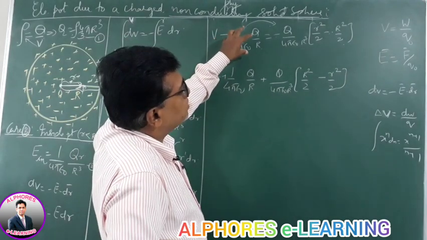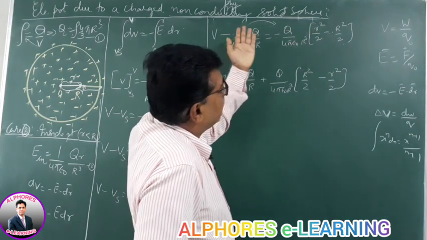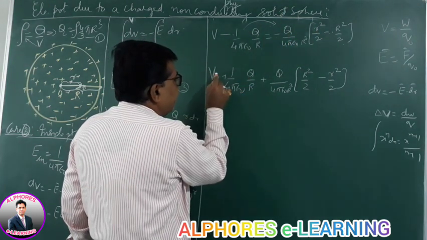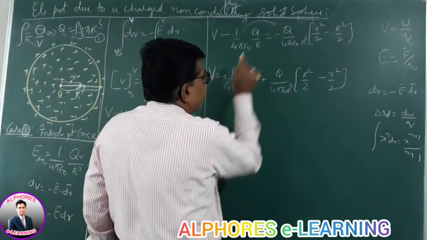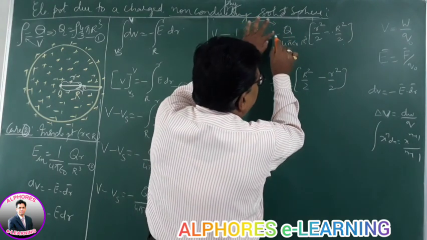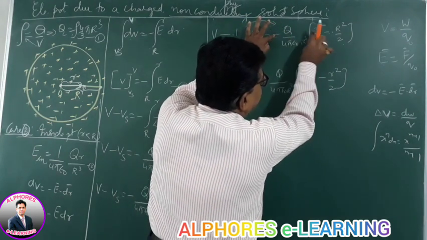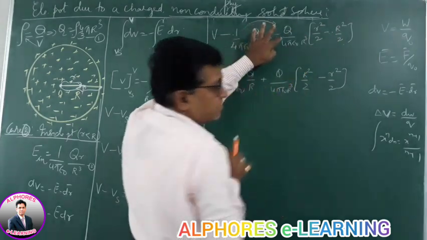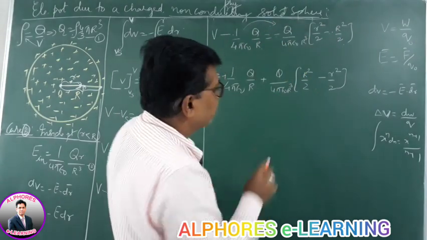I am now taking this minus term to the other side. When minus term goes to the other side, it becomes plus. So the V remains on the left hand side, this minus has gone there. So 1 by 4 pi epsilon naught q by r, this is over. Now here I am multiplying minus inside. Minus into this plus, minus r square by 2. Minus or minus, this plus. Then this term constant. Simplified.